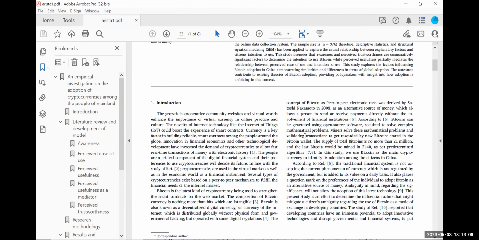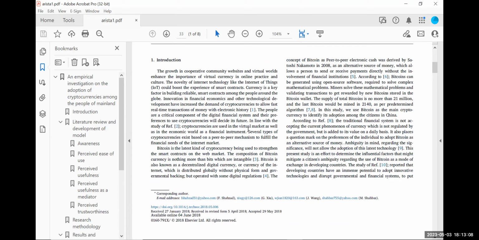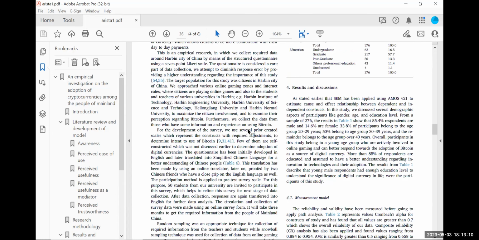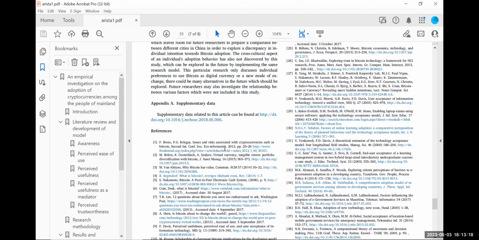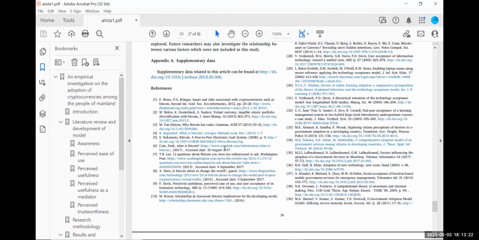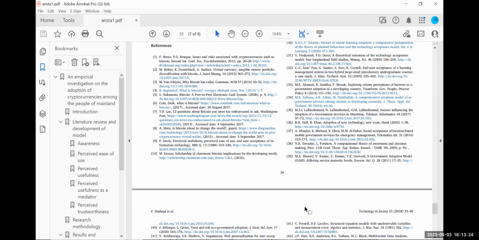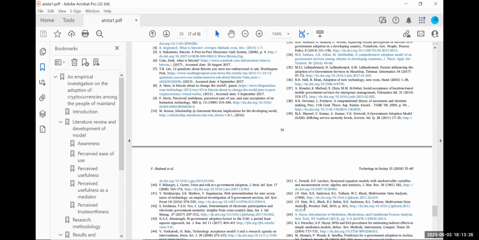Okay. And what's nice about this is that at the end of this article, you'll get more references. Look at all these references on cryptocurrency. Remember, I gave you 10 articles. I said you can double that. From each of those articles, you can get another 10. Look at your 39 articles. But again, you are the researcher. You need to sift through what would be applicable to your study.